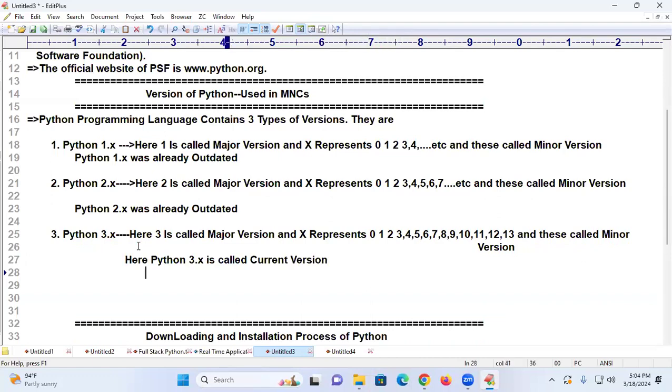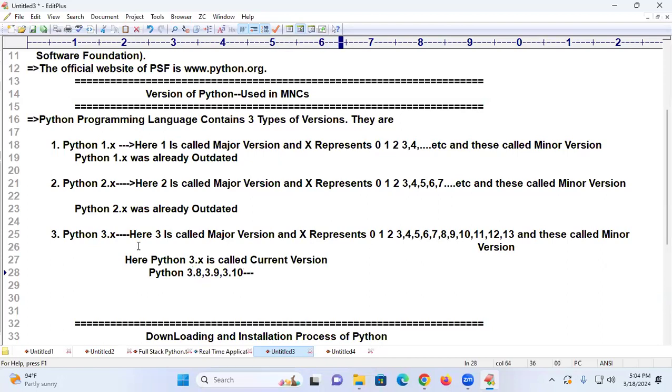And next, Python 3.7, 3.8, 3.9, 3.10, or I can say from here 3.8, 3.9, 3.10.